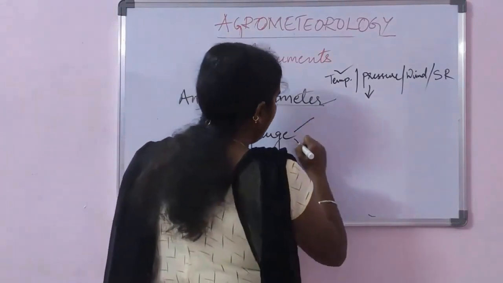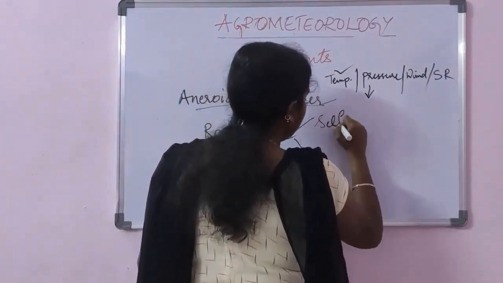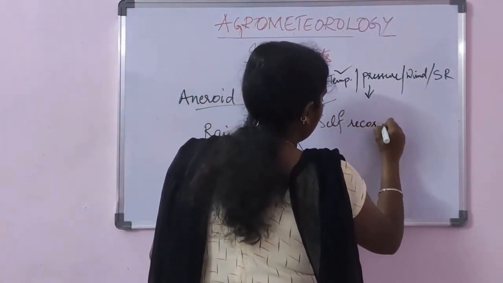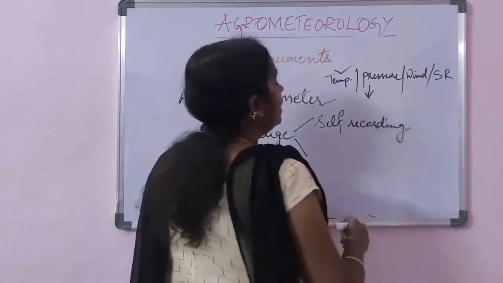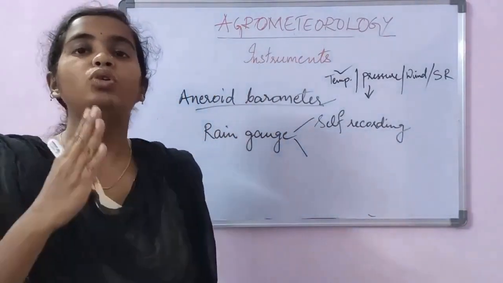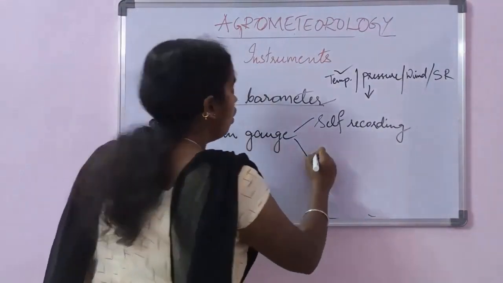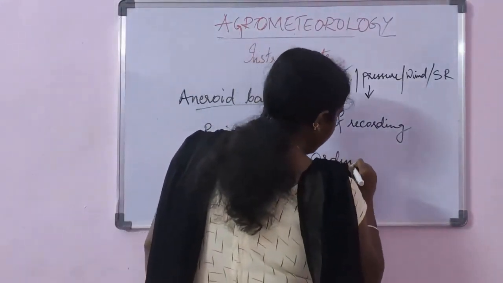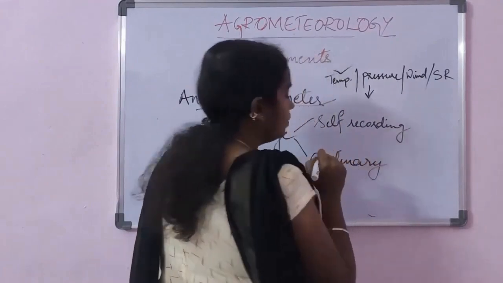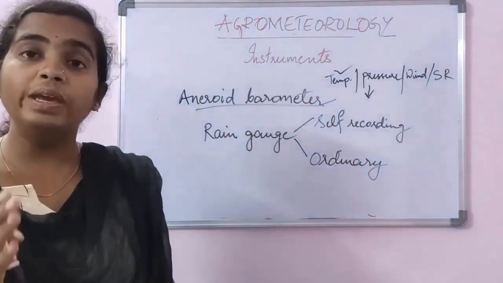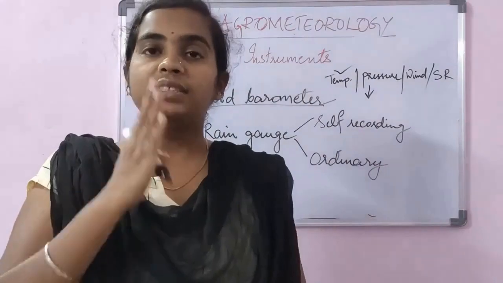One is self-recording. This rain gauge will continuously record the amount of rainfall at different time intervals. One is ordinary. This rain gauge, which is kept in the observatory, will have to be standardized and set at